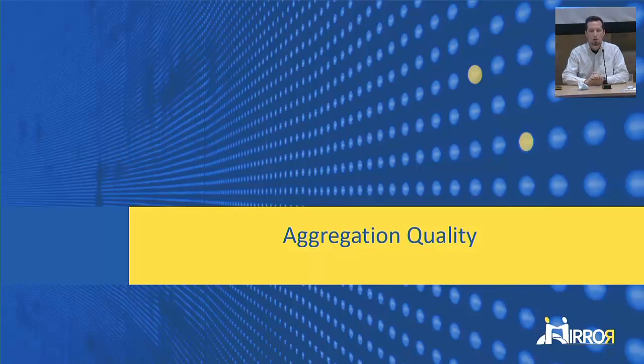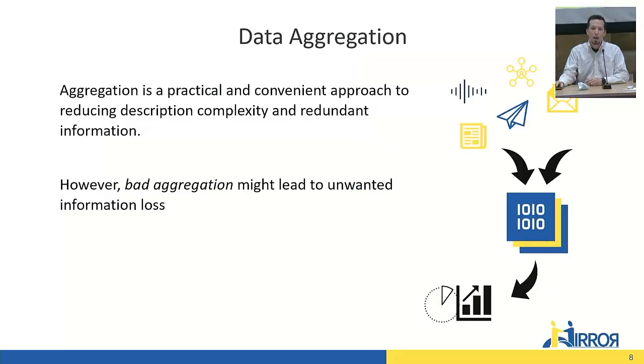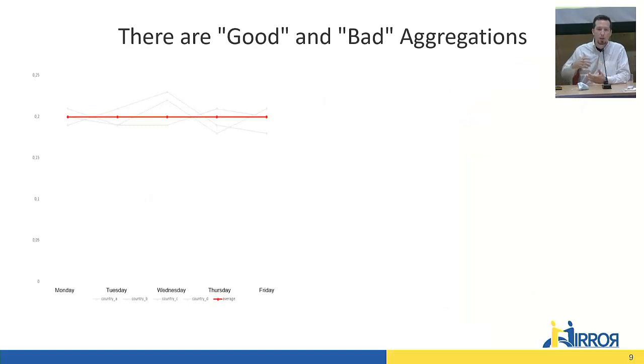So we also care about the aggregation quality. Aggregation is a practical and convenient approach to reduce the descriptive complexity of the data and also reduce some of the redundant information. However, we have to be careful because bad aggregations might lead to unwanted information loss and then misinterpretation of the data. For example, if we have a set of countries in a region that has been defined by some other metrics, and we are looking at the behavior or the sentiment of these countries over time,